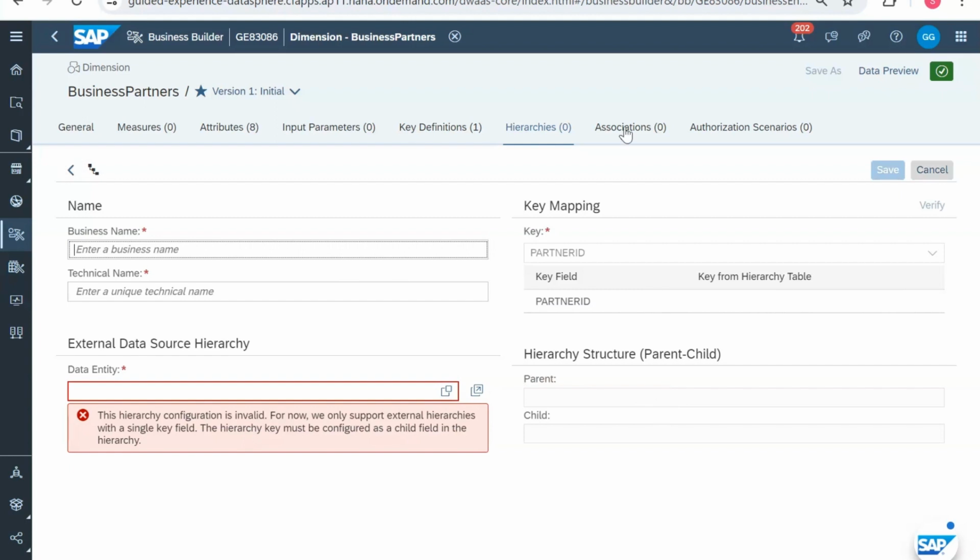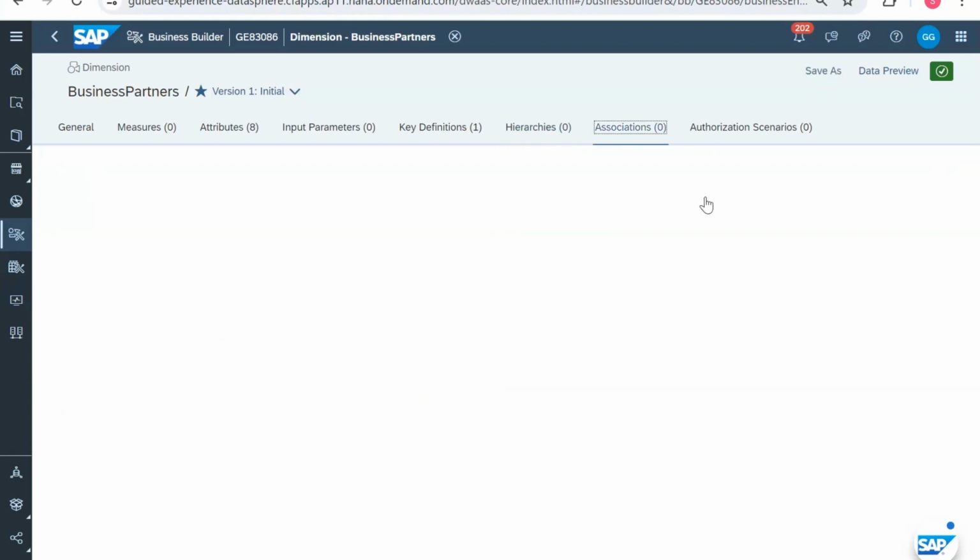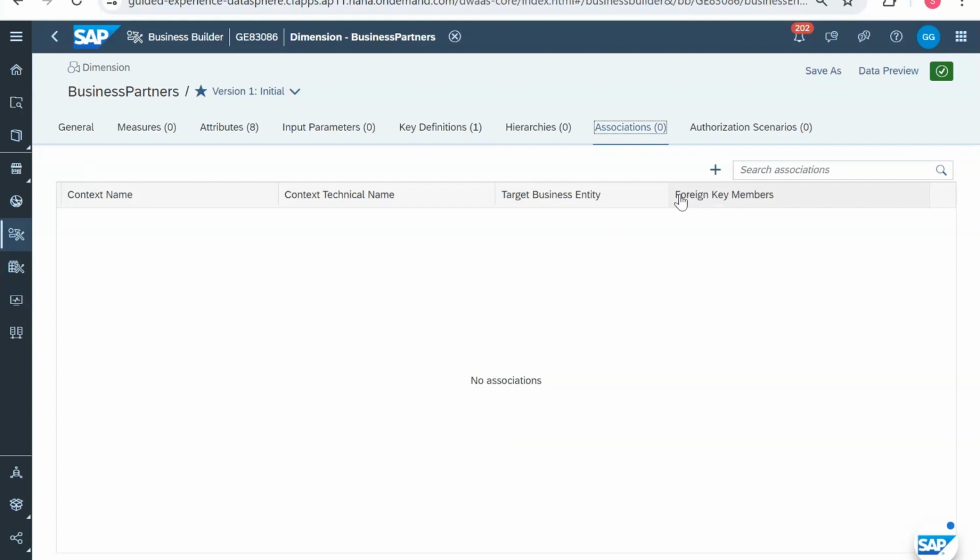We'll move to the association part. It's a bit slow. Yeah, so now we are at the association tab. As I said, association is not automatically copied, even if the table or view that you have used has that association, so you need to do it manually for the current version. So you need to click on plus